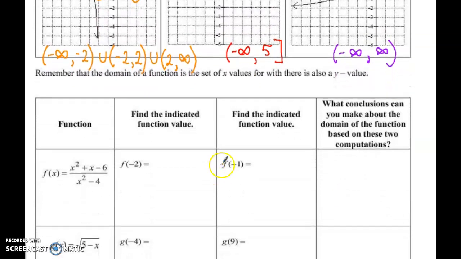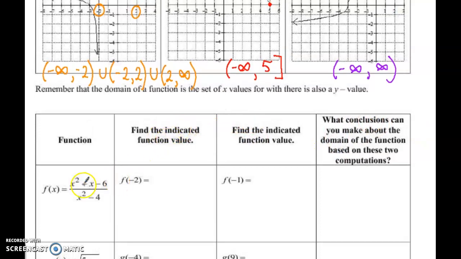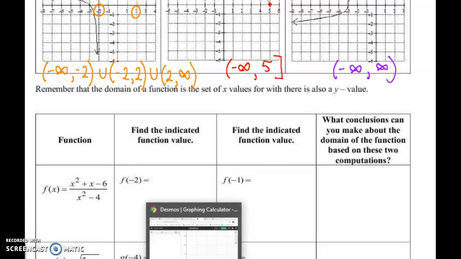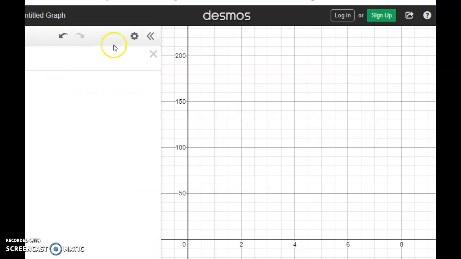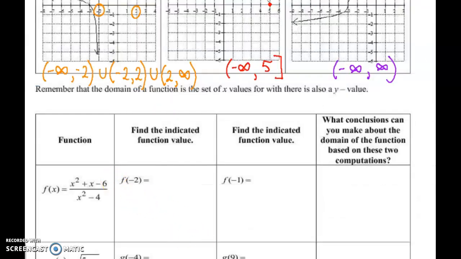So if we were to ask some of these questions, and we were asked you to find the y value when x is -2, we can just go to a calculator. And since everybody has Desmos at home, at least the internet, what you can do is type into Desmos a y equals. And if you hit the division sign, you can actually create this equation. I already forgot what the values were, though. Let me go back to it. x squared plus x minus 6